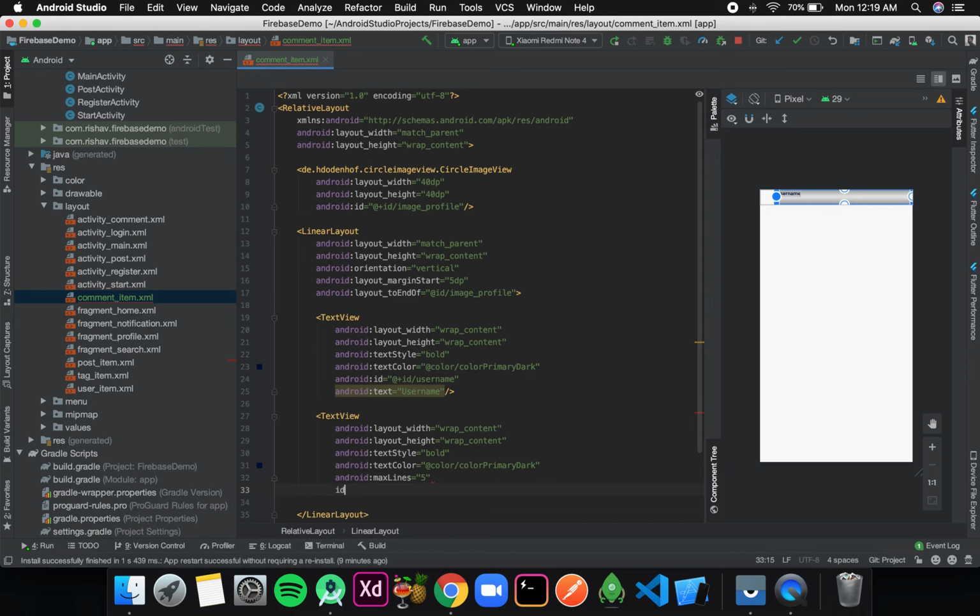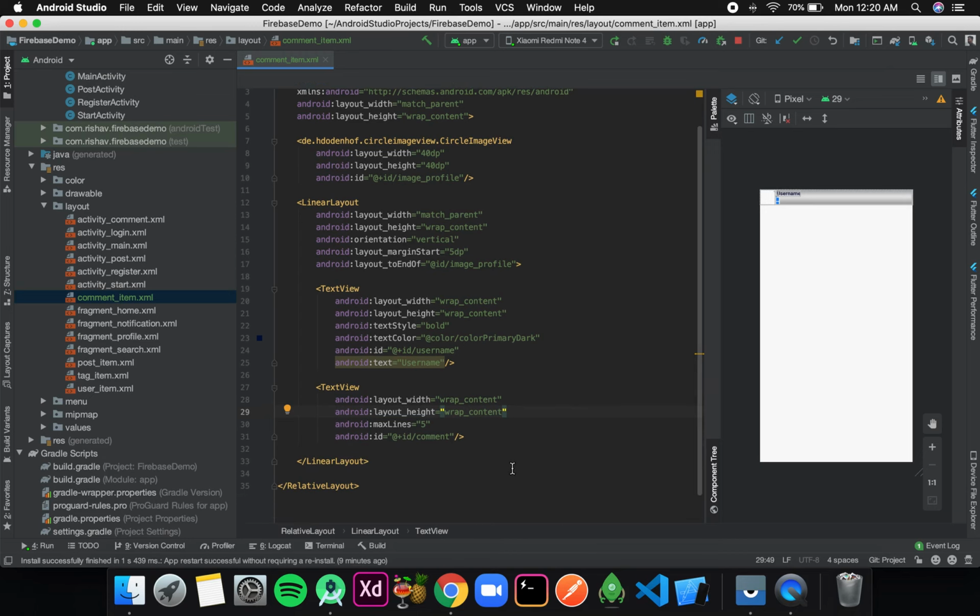And it has an id, say comment. And I'll remove this text style bold as it will not look good, and also the color primary dark. The color will be the text color, that is the default color. Then after this linear layout I think this is it.